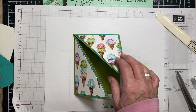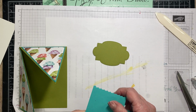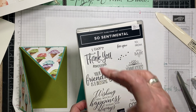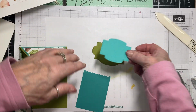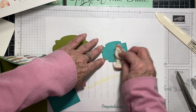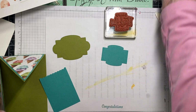And now what I'm going to do is use the Stitch So Sweetly dies, and this is the label part. The unfortunate part is I am also using the stamp set that goes along with it, and I'm using this one here, and this is retiring, unfortunately. And then I've got the beautiful Bermuda Bay cut out, and that's from the same dies. So I'm just going to go in, and I want to do this. The only way I can really get this to show up is by doing some embossing. So I've got my stamp set there. I've got some Versamark,